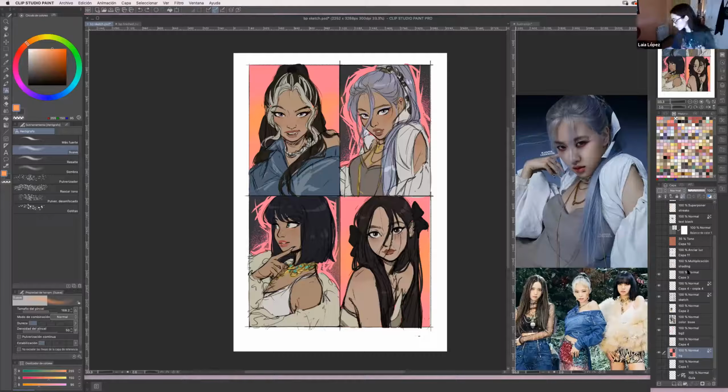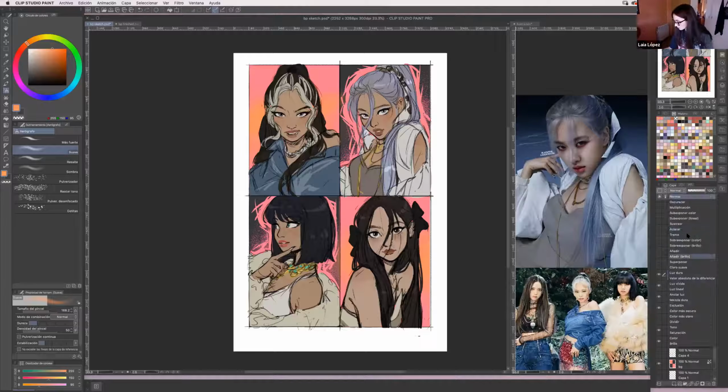All right, next step is the shading. For the shading, on top of all the layers that I've created right now, I create a layer on multiply, new layer. Okay, multiply.